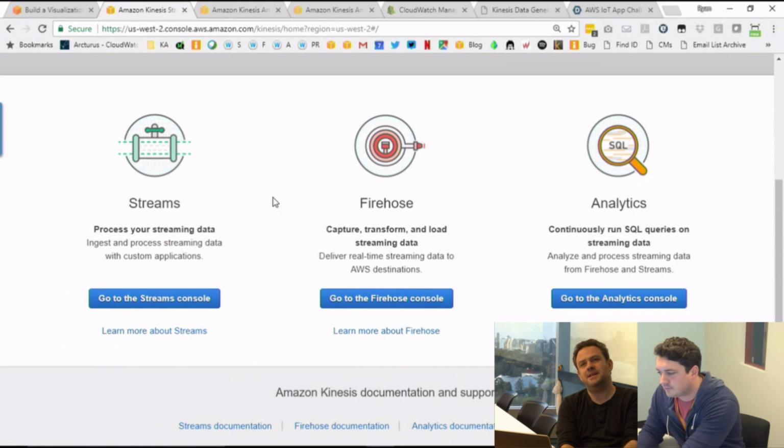With Kinesis Analytics, if I'm thinking about weather data, I might want to do things like, what was the average temperature over the last 5 minutes, or what's been the average rainfall? Do I need to keep all that state in my application, or could Kinesis Analytics do some of that for me?